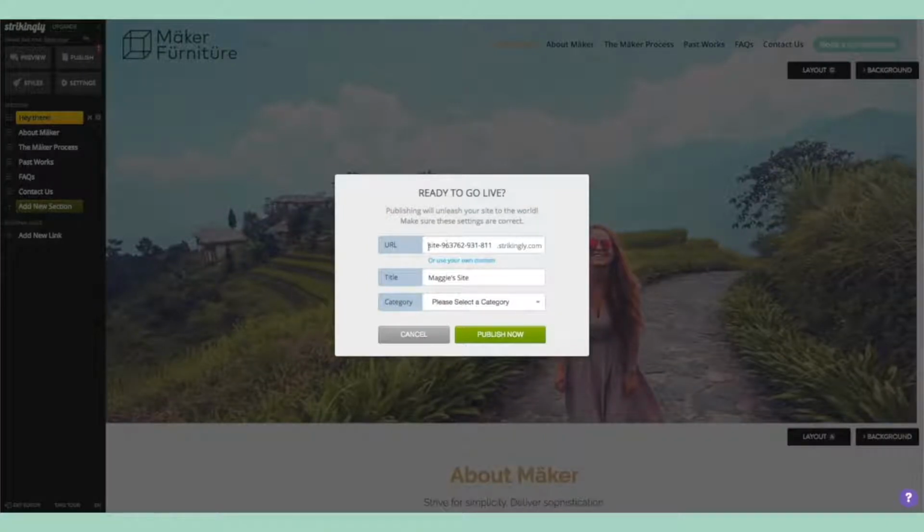And then we're going to set up our URL. maggie.stara.strikingly.com is already taken. So I am going to try and make it, I mean, that's too long. You'd want to use your first name dot your last name, but just because it's already taken. Or you can use your own domain, but in that case you need to upgrade, because with the free Strikingly account, only the very first part of the URL can be custom, but you have to use .strikingly.com. So Maggie's site, I'm going to make that Maggie Stara's